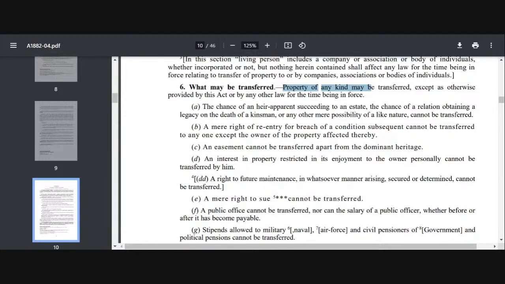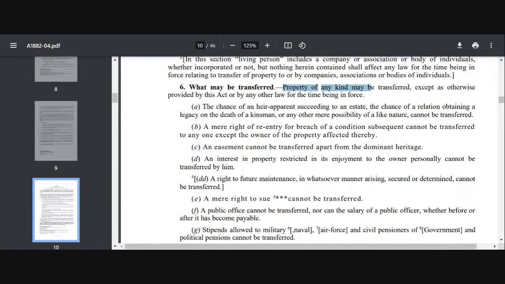Come to section 7, which is talking about persons who are competent to transfer. So who are competent to transfer? If you see, any person who is competent to contract is also competent to transfer. That means he should be a major and of sound mind. So in case he's a major and of sound mind, and with free consent, if he wants to transfer, then he is authorized to dispose of the property. But yes, one thing, that he should be the owner of the property also. Any person who is a major, of sound mind, and also owner of the property can transfer his property. So these are the persons who are competent to transfer. Okay.